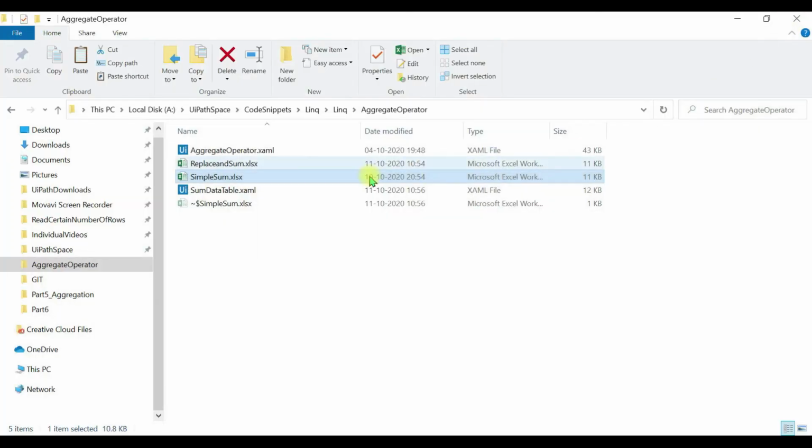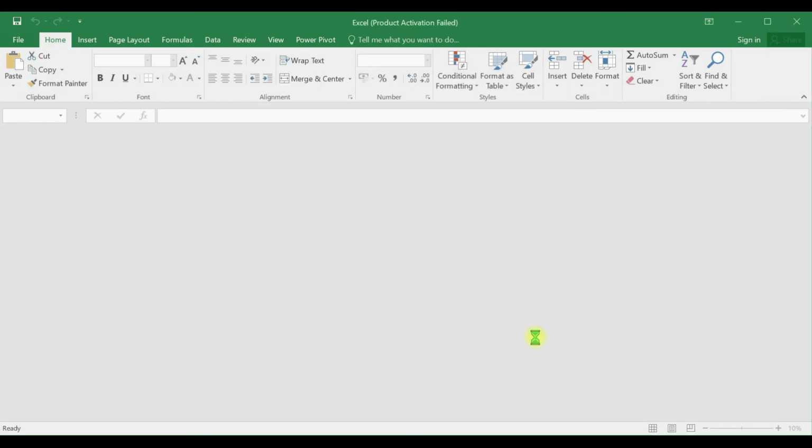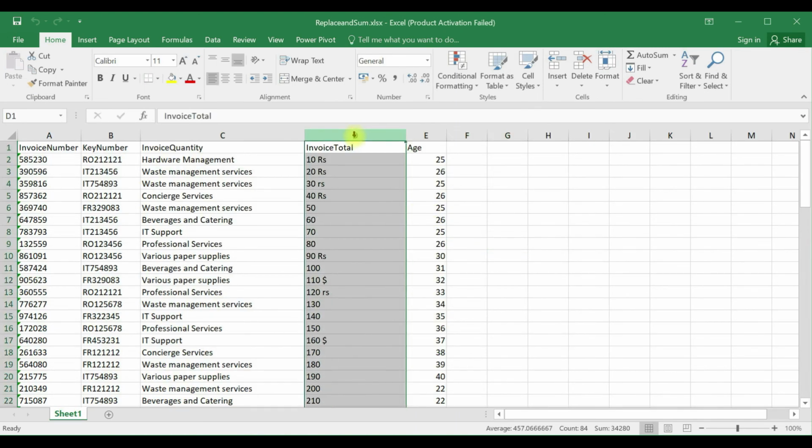The same result we got when we replaced and summed all the values under this column invoice total. So before adding any values under any column, you need to check if any characters are there. If they are, just use the replace function and then you sum the data under that column.